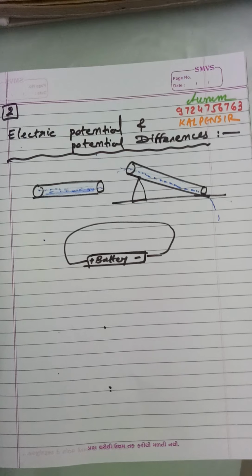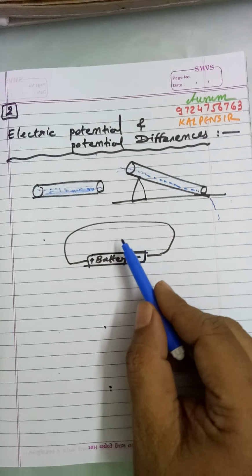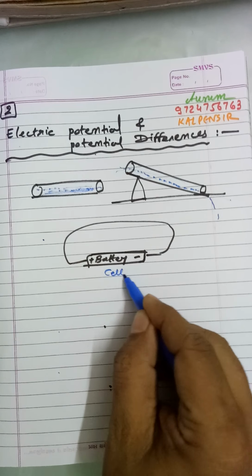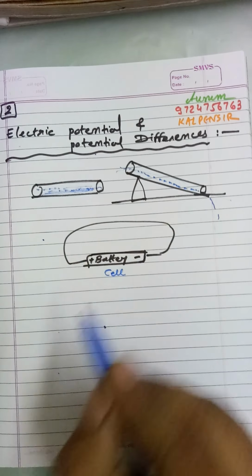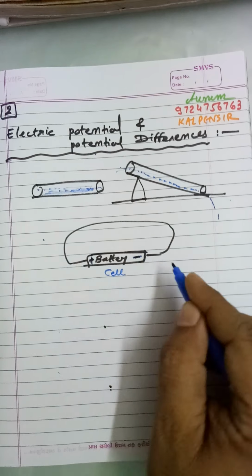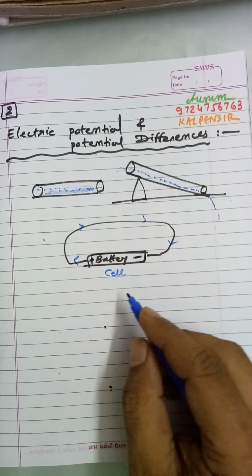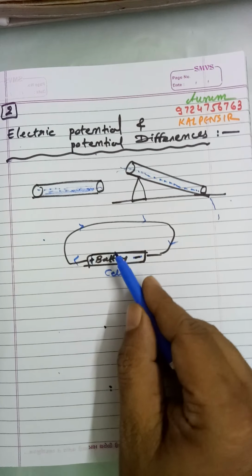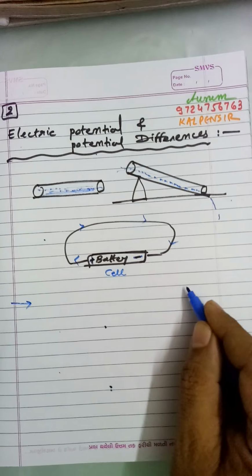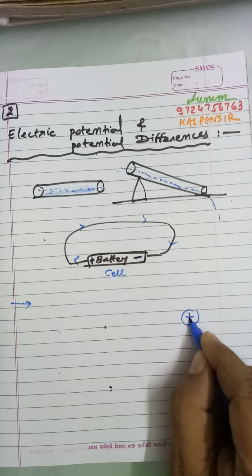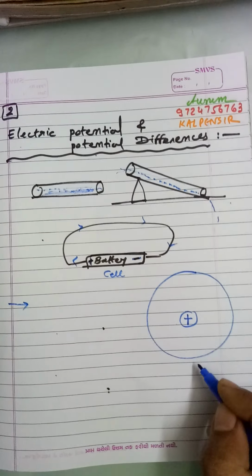Same with a battery. In case of electric current, the flow of charge is made possible due to the chemical action within a cell. This cell or battery generates the potential difference across the terminals of the cell. Two terminals, plus and minus. Electric potential at a point is defined as the amount of work done in moving a unit positive charge from infinity to that point. In another way, you can understand it: this is a positively charged electric field.